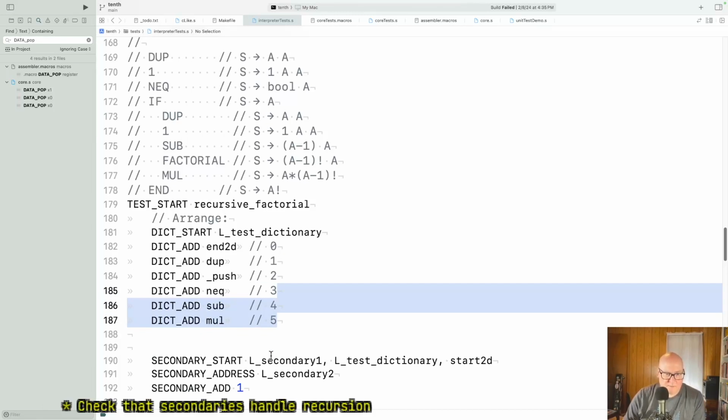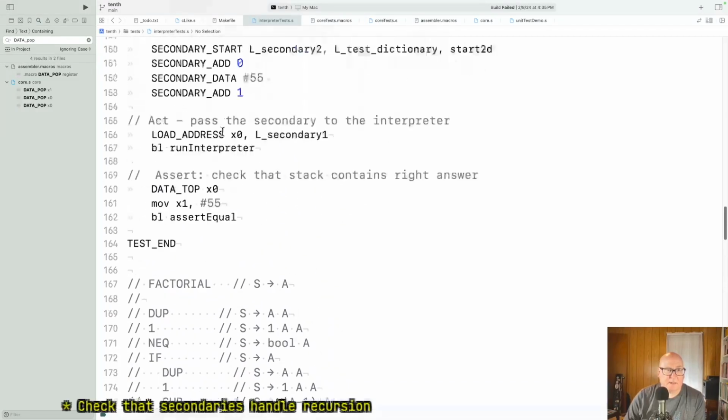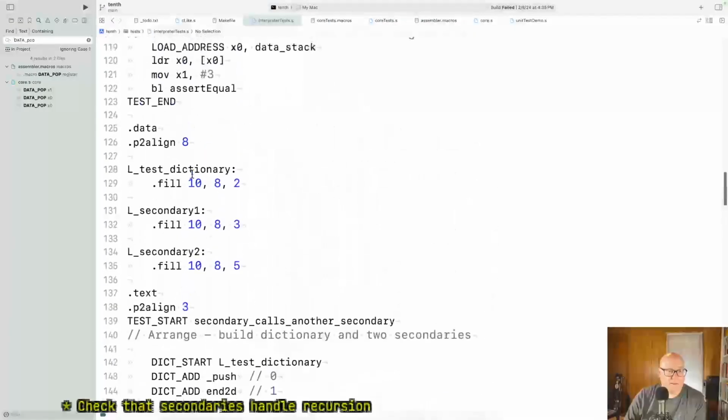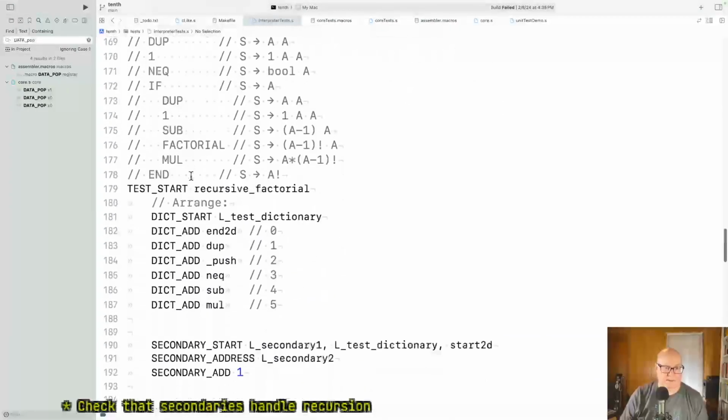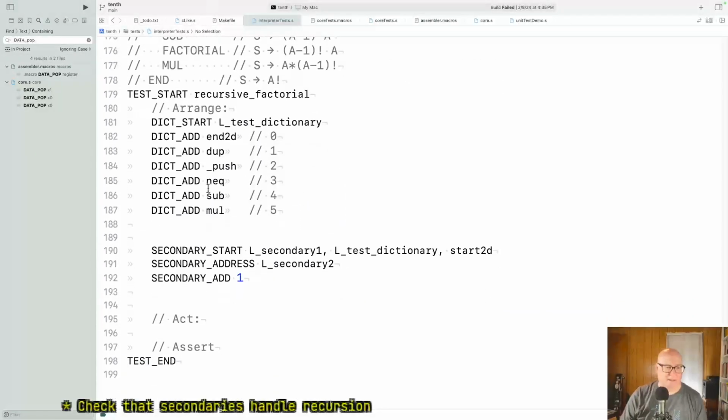Zero, 1, 2, 3, 4, 5. That's 6 times 8 is 48. I think we reserved 80, so we're okay. All right. Now the